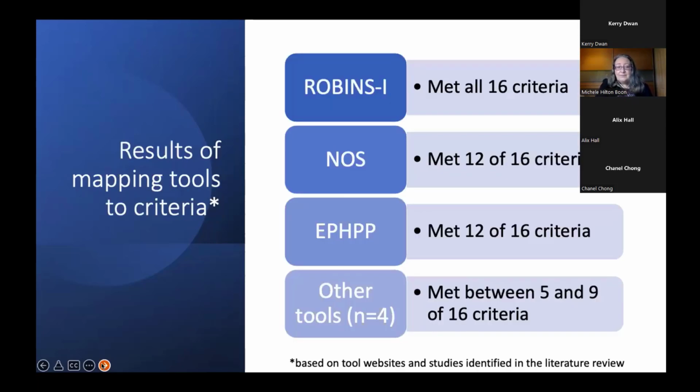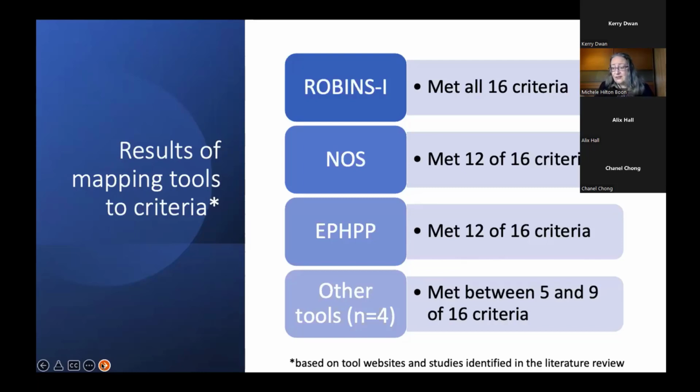We then piloted those by applying only the 16 criteria relating to structure, development, content, and performance to assess ROBINS-I and Newcastle-Ottawa as baseline comparisons, since they are already recommended by the Cochrane Scientific Committee, and 5 other tools for NRSI that are commonly used in Cochrane reviews.